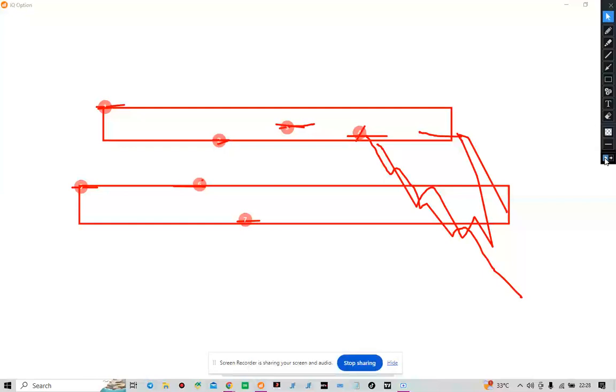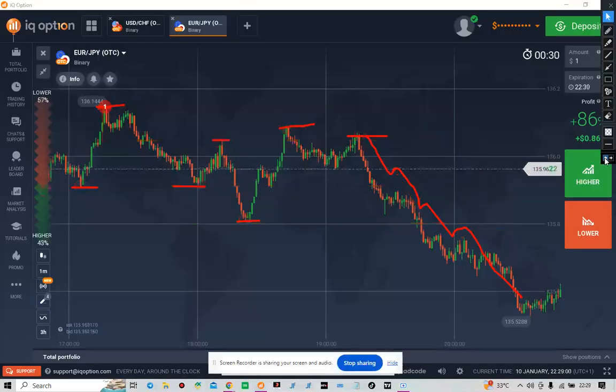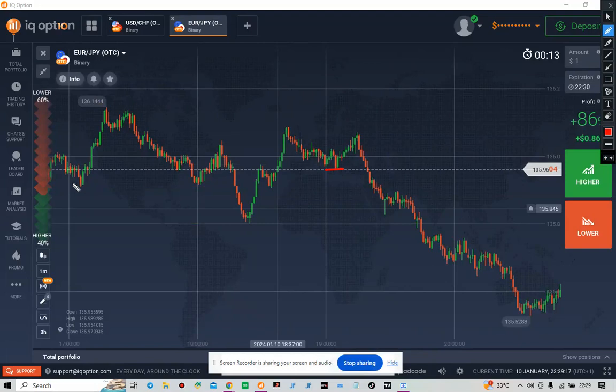But it's too large to trade this kind of area. All you have to do is select the most significant one or look at the current price movement. This is the current price movement here. So where do we have our support? We have the support here. We also have the support here. We also have the support here